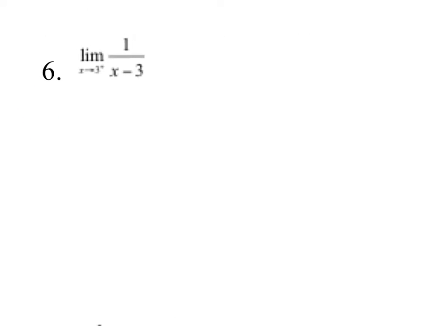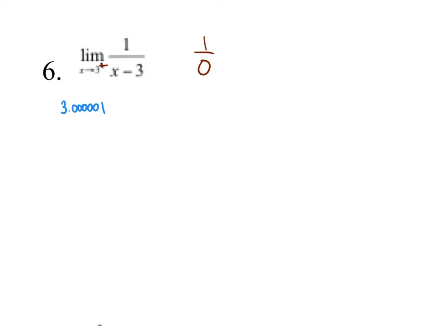Let's look at 6. Now 6 is an interesting one. It's 3 from the right. It's not very clear. So if I plug in 3, I get 1 over 0. That's a problem. So remember, we said when it's 1 over 0, it's probably going to be something that's either positive or negative infinity. So since it's 3 from the right, I'm going to plug in something slightly bigger than